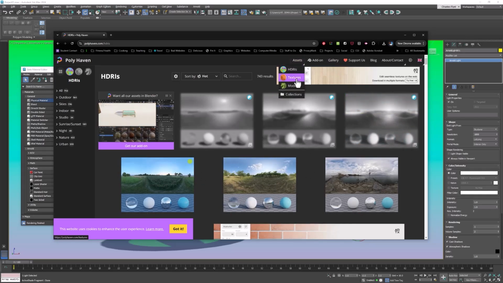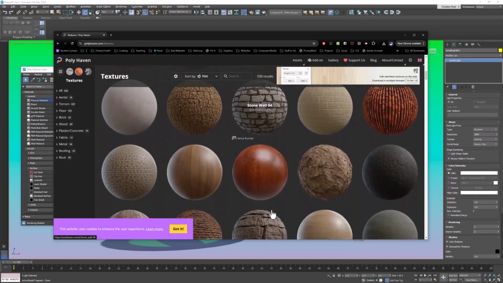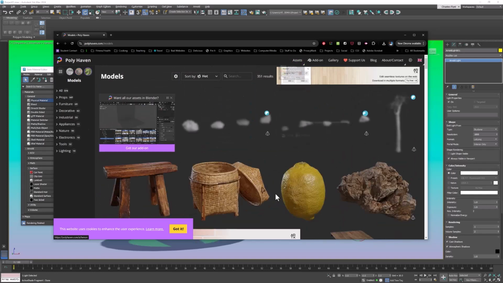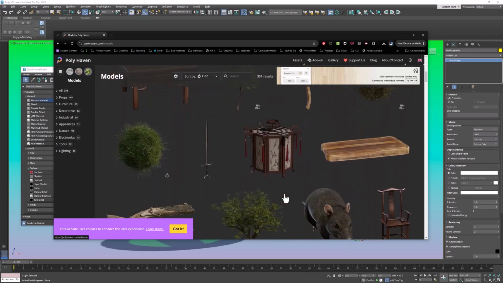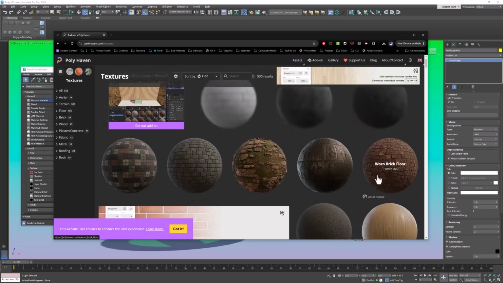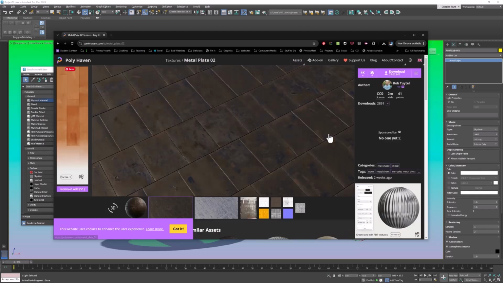Textures, which are pre-made textures. And models, which are actual mesh objects that you can use to dress up your scene. So what we're concerned with right now is textures. So let's go there. Now when you click on a texture, like say this metal plate texture here, you'll be